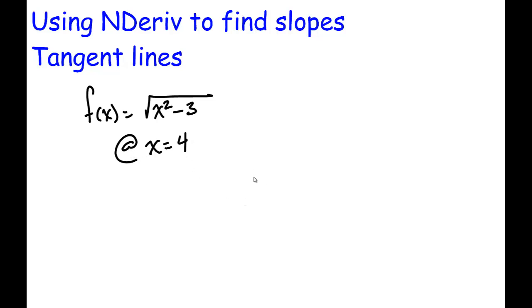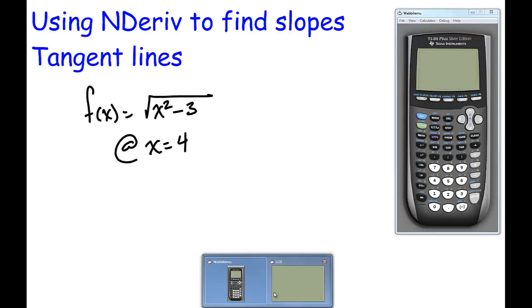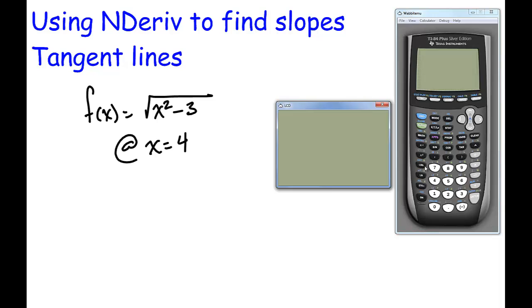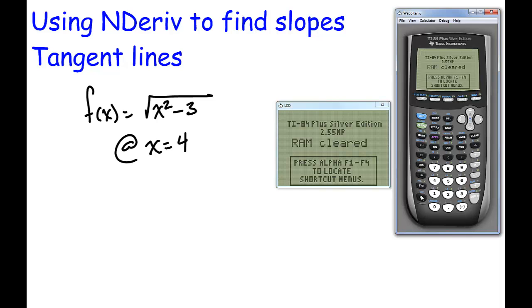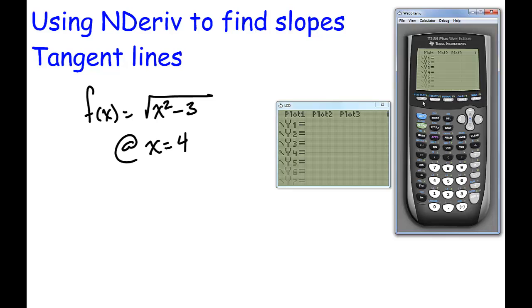Okay, so to do that on our calculator, well, let me pull that up. Here we go. The first thing I like to do, after I turn the calculator on obviously, is type my function into y1. You don't have to do this step, and you can actually enter it at a different spot, but I find this the easiest way to deal with it. So that's what I'm going to do. I'm going to enter it in. So second, square root